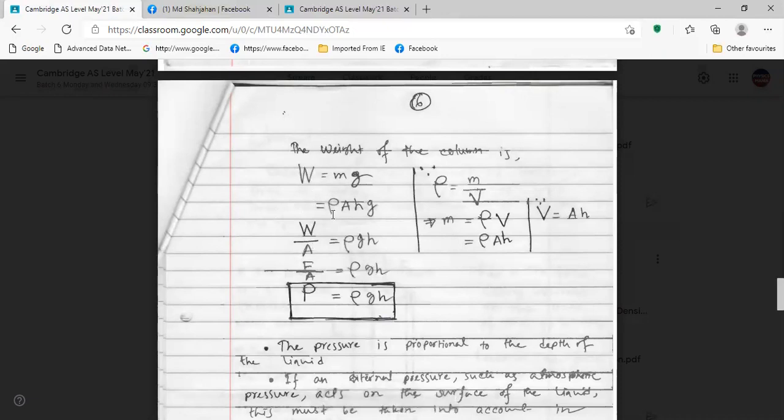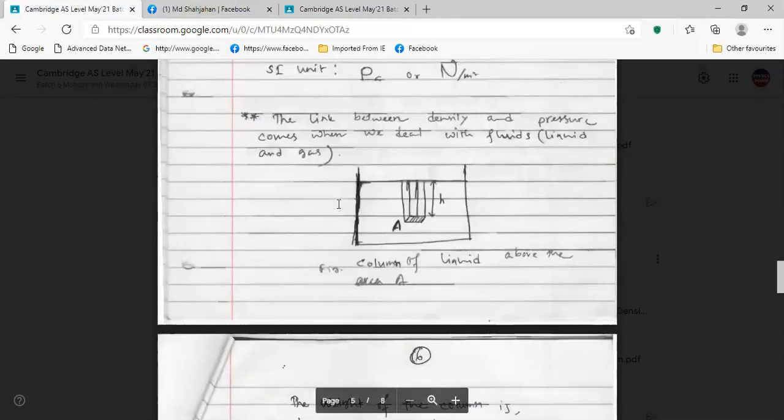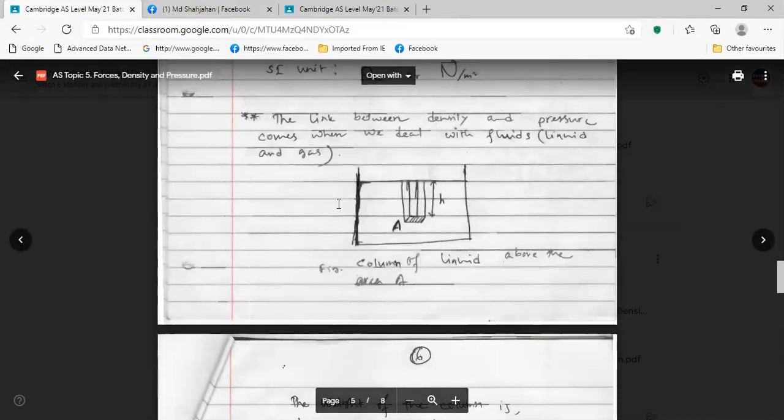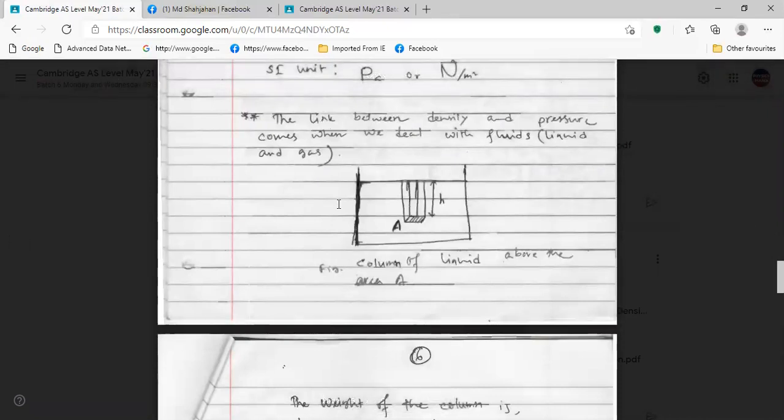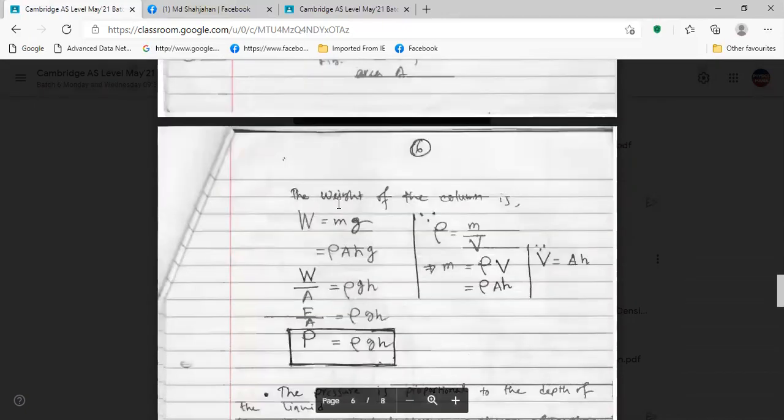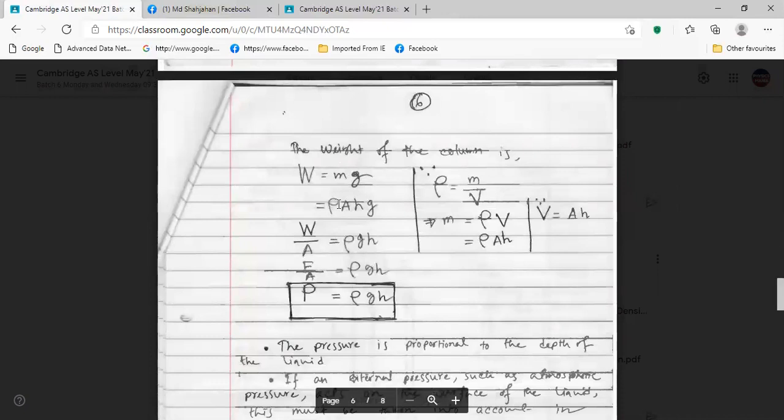Can we see the diagram? Sure. Take the diagram, please. Done. Yes sir, diagram now. Okay, then